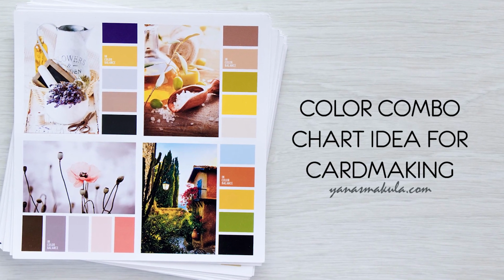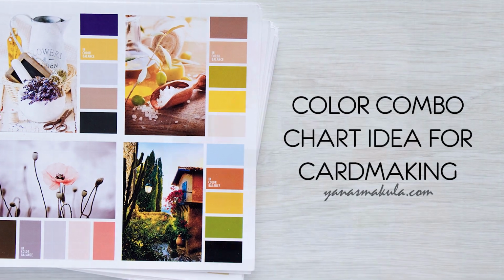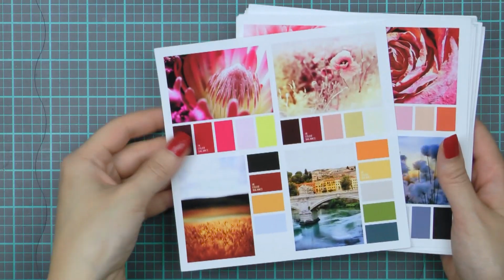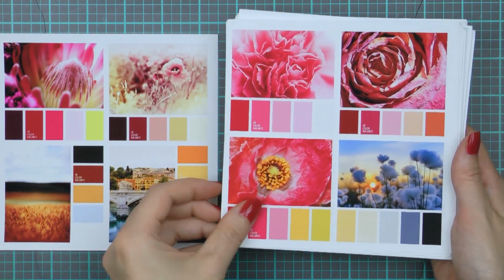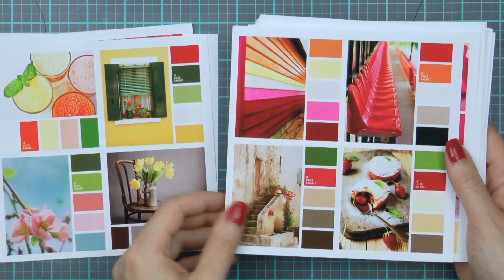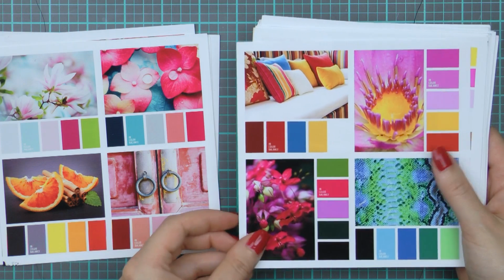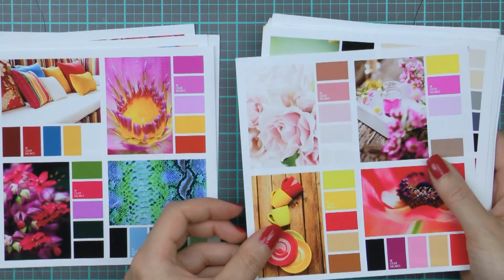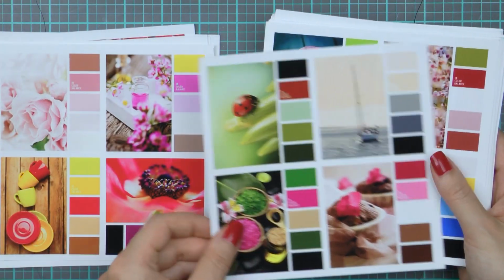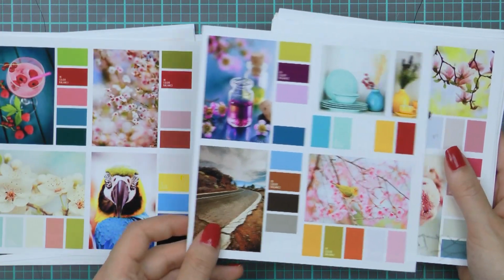In this video, I'd like to talk a bit about how I choose colors for my card making projects. I often struggle with selecting the best color combination, and I usually tend to go with a few of my go-to color combos. However, I also use a color combo chart or guide that I have found to be extremely helpful for me to try out new color combinations. So by sharing this video and this information, I hope that you might also find my way of choosing color